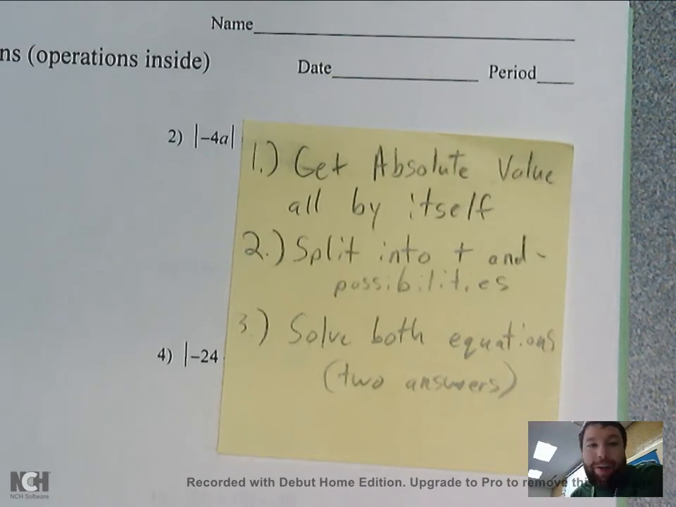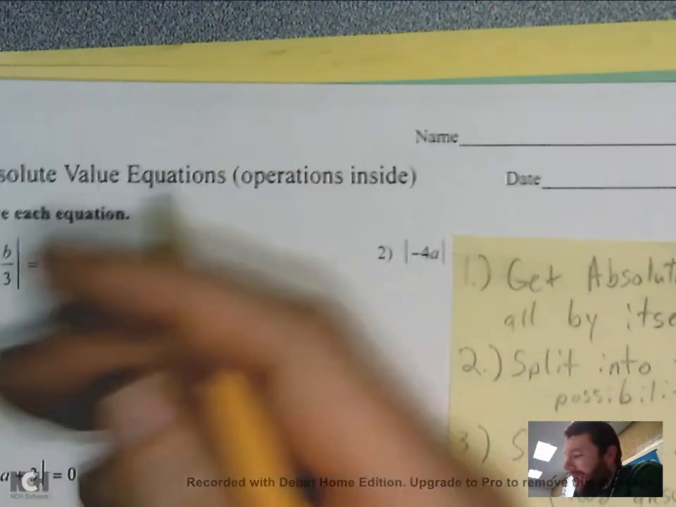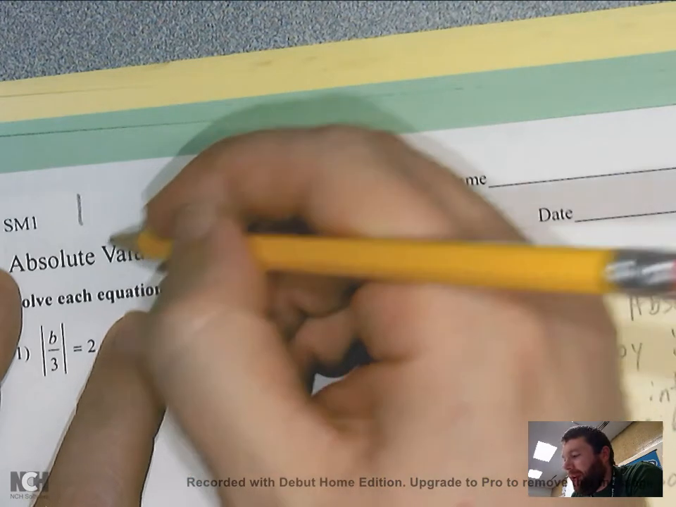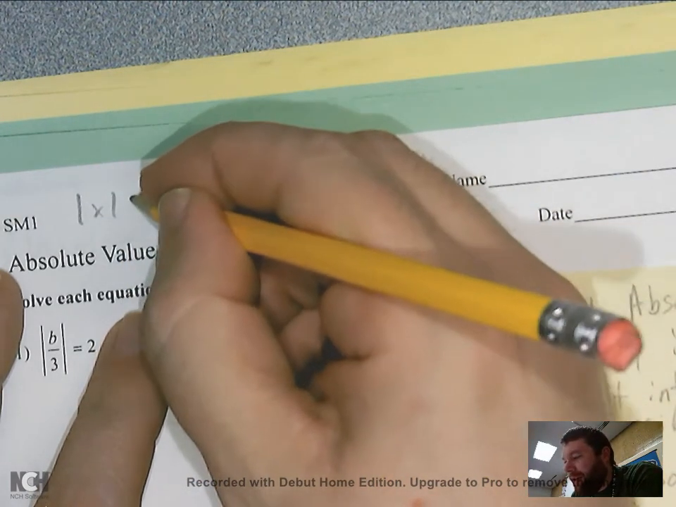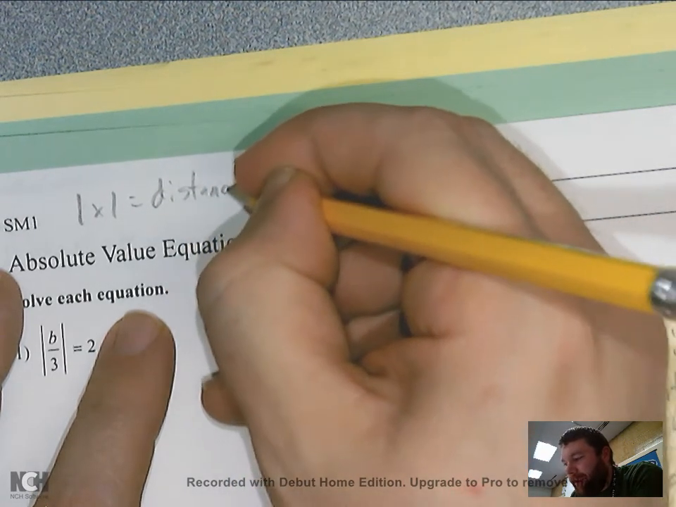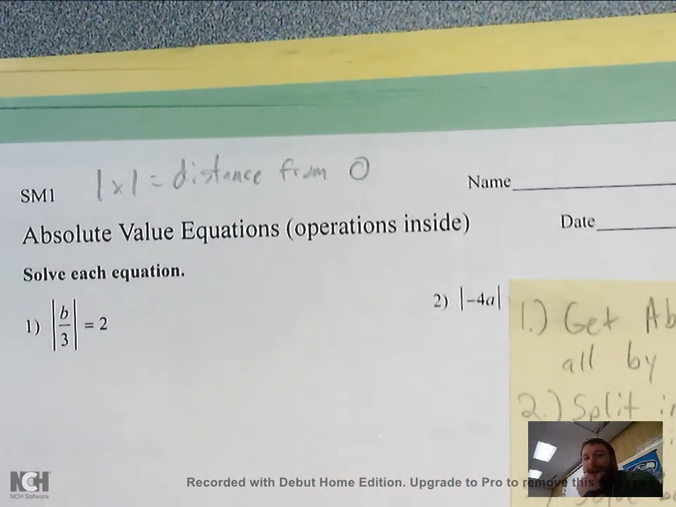We're going to be talking about absolute values, which is your favorite topic, I'm sure, by now. Remember, guys, absolute value is just your distance from zero. So the absolute value of x is its distance from zero. Now, when we talk about distance,